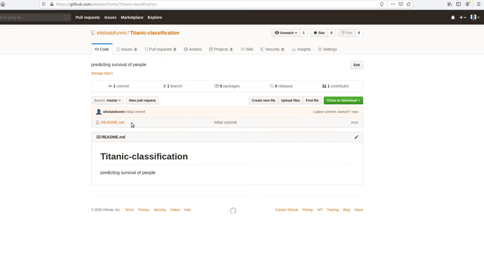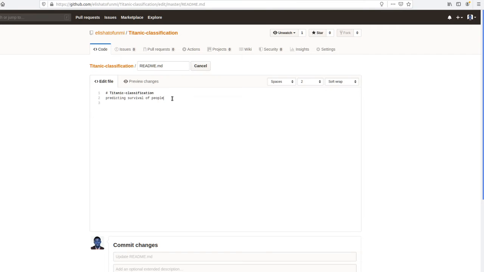So once you have that, you should have an interface like this. You have the name of your repository, an overview like the description, and then you have your README. In your README, by default, you always have your repository name and the description the first time you create it. Do you understand? So you can decide to add more content to it. For example, I want to say,